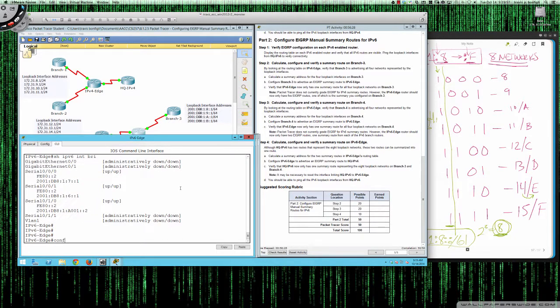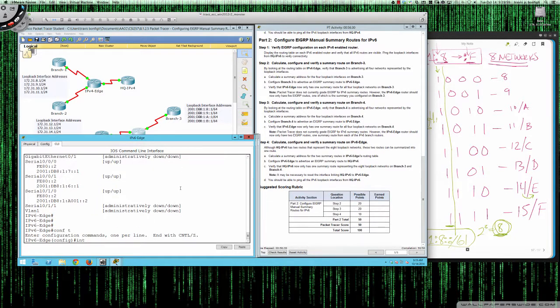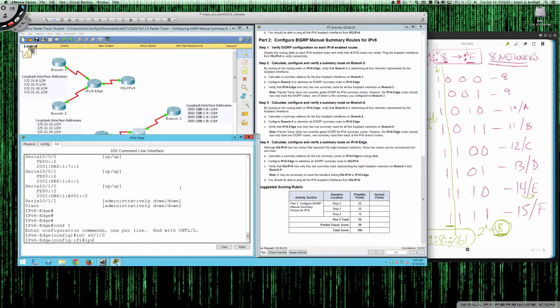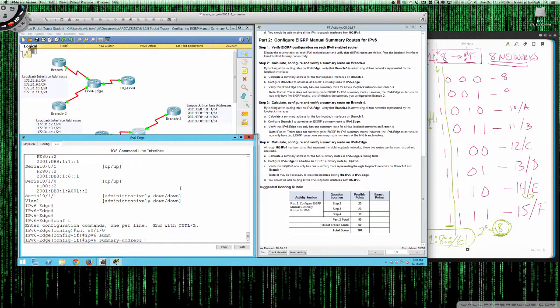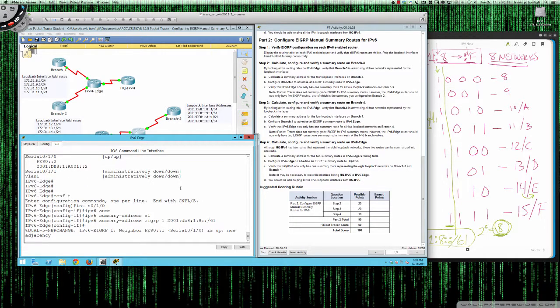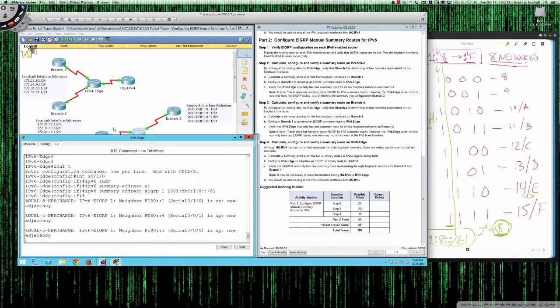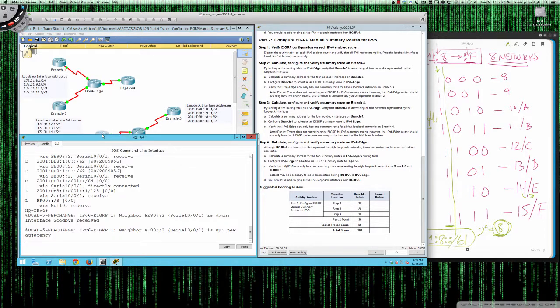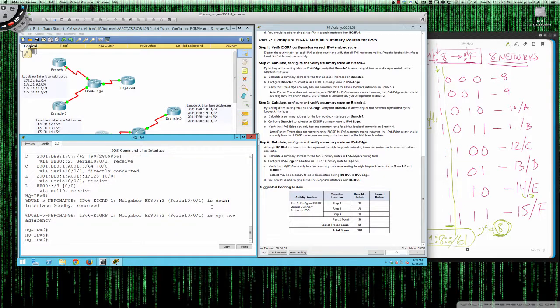Okay, so we're going to go into global config mode and then into interface subconfiguration mode for serial 0/1/0, and I'm going to say IPv6 summary address for EIGRP process ID 1, and we are going to go ahead and make our summary address 2001:DB8:1:8::/61. All right, you can see we've got that quick soft reconfiguration, and I'm going to hit HQ IPv6, and now